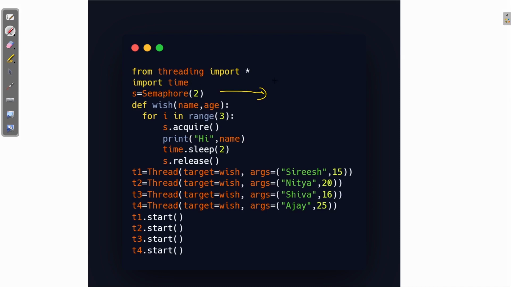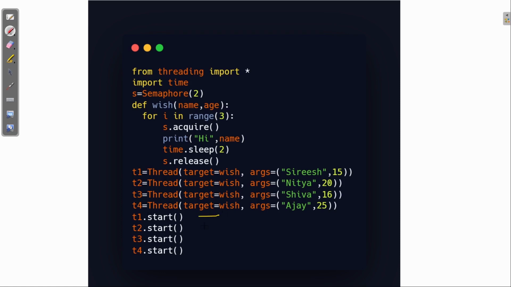It's very important. This says that two threads are allowed to work at the same time. Okay, that's the simple concept. So what I'm doing, I'm using T1, T2, T3, T4. T1, T2 start, and T3, T4 start. What does it mean?